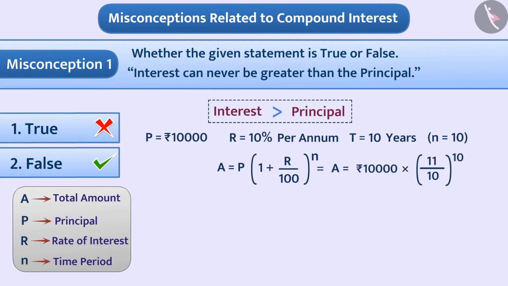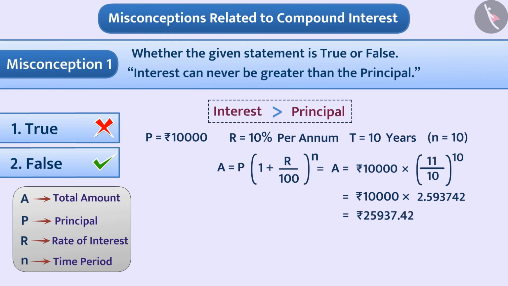With the help of a calculator, we get the approximate value of 11 by 10 bracket raised to the power 10 as 2.593742. In this way, A is equal to 10,000 rupees multiplied by 2.593742 is equal to